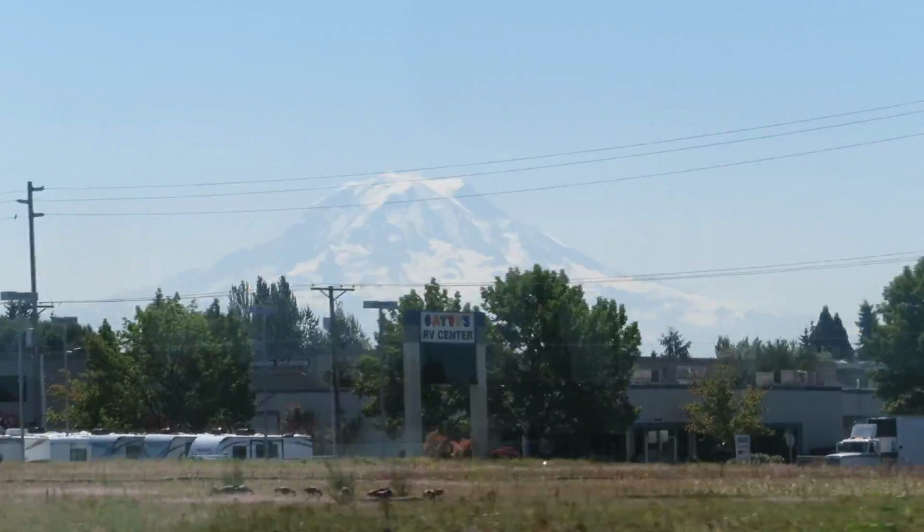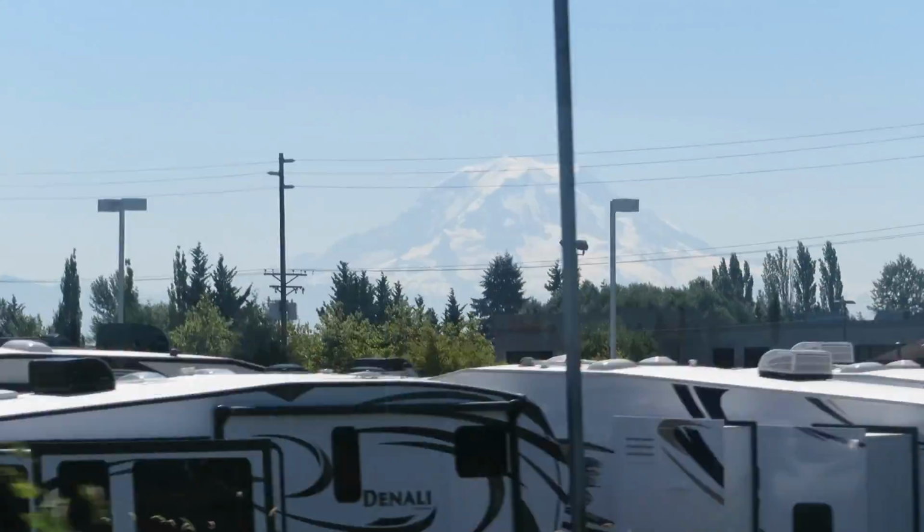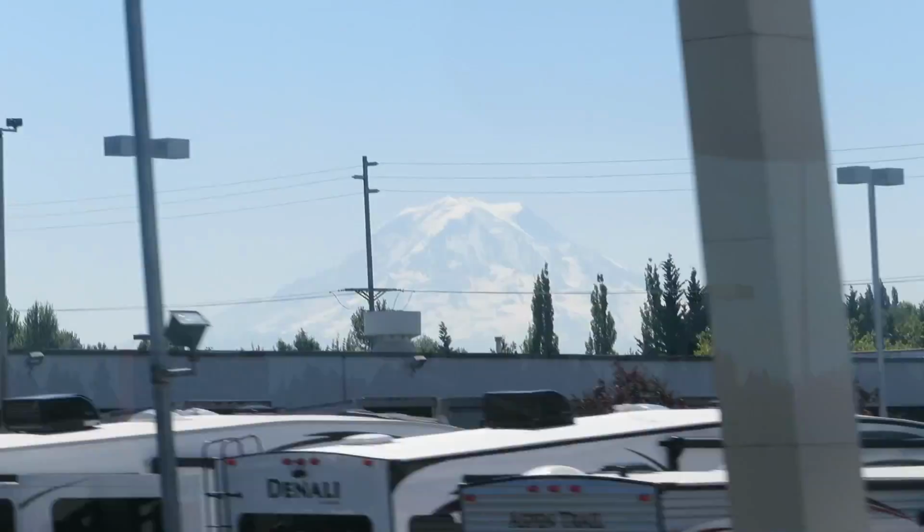Like kind of covering it up. But this is on our bus ride north to San Juan Island. This is Orca Camp number 2. I am at the Anacortes ferry line, and